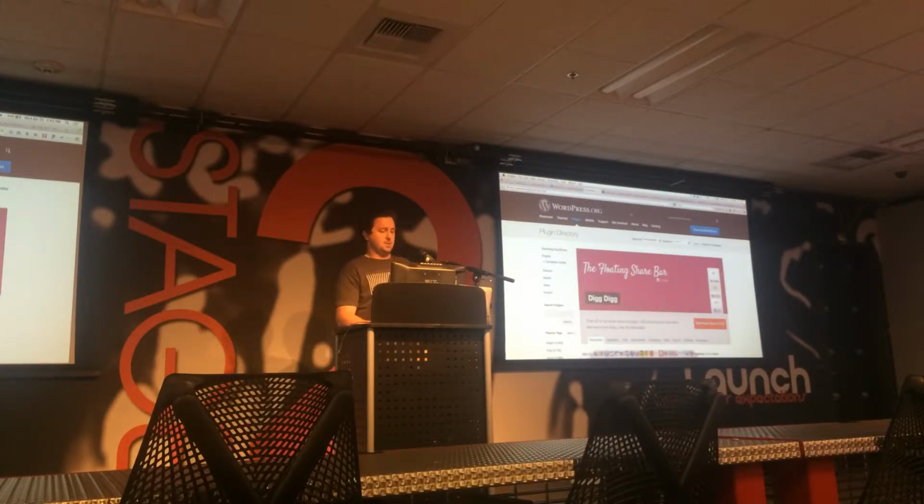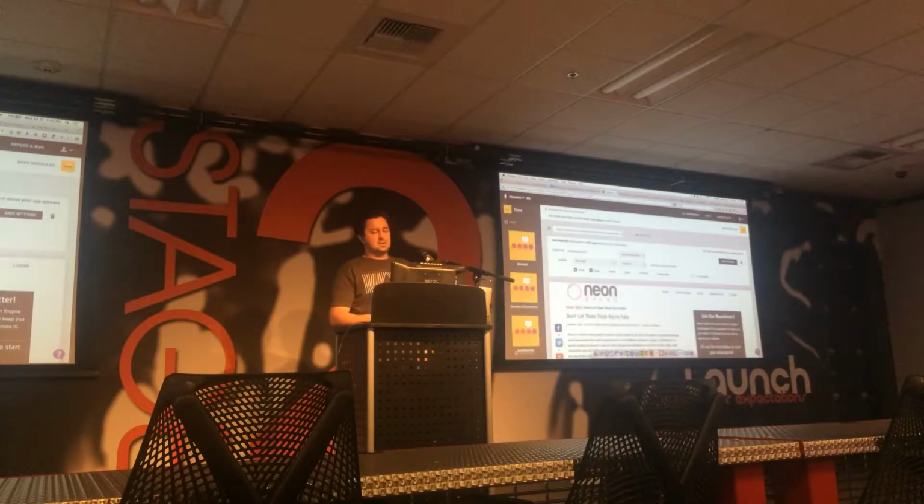It's a great plugin otherwise. It floats the social share button down the left side of your screen. But it uses all the default Facebook, Twitter buttons to do that. Great tool. I choose not to use it because I like a more custom solution, which, like that other plugin, I found just recently, and this is kind of a trade-off. This has good and bad to it, but mostly good.